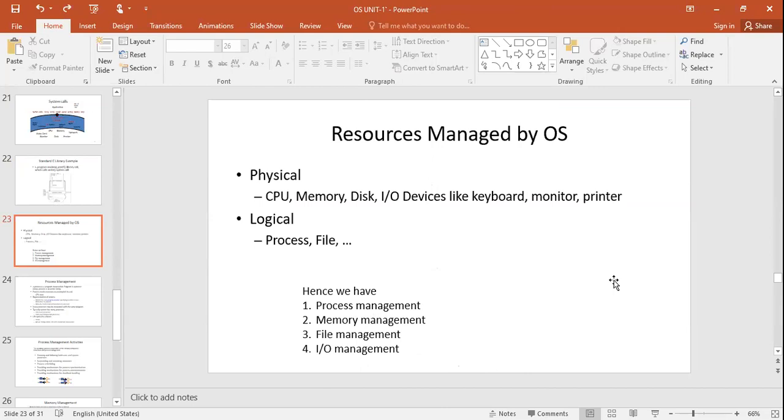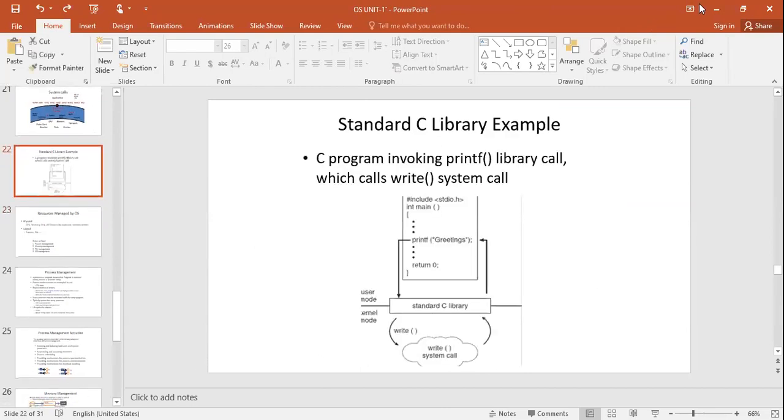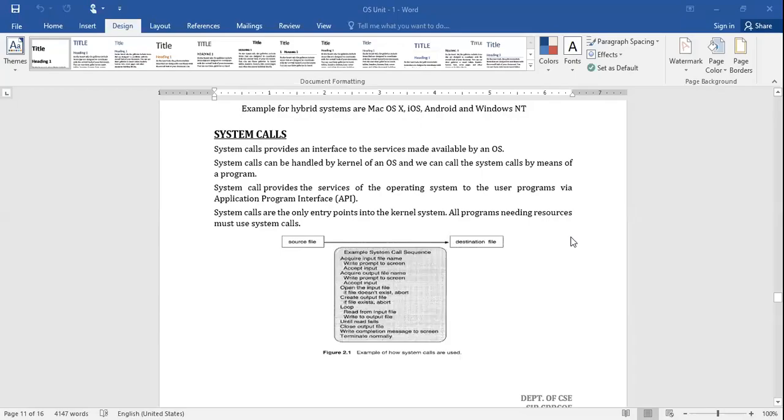Hope you all understood this particular concept or not. Now again I'll move to the previous one. If you still have any confusion about what exactly a system call is, and what the role of a system call is in an operating system, I will explain one more example.